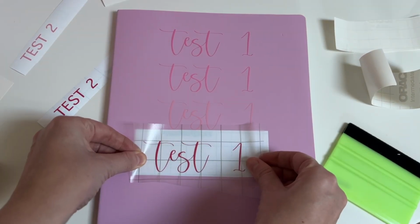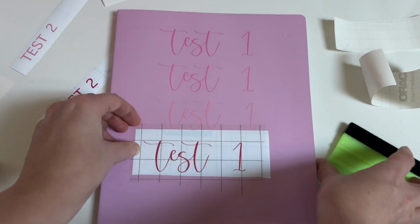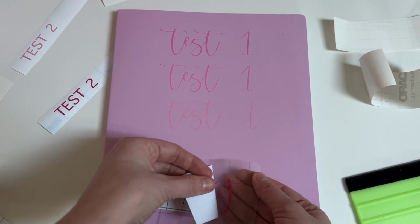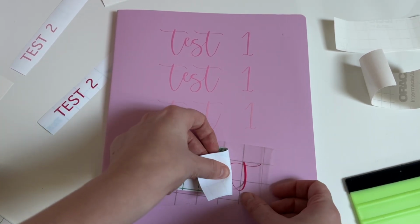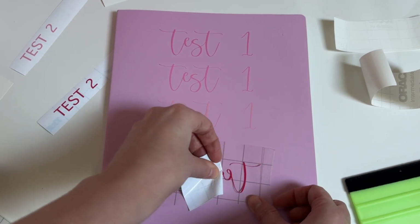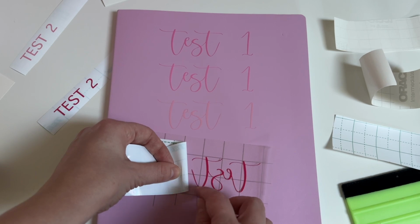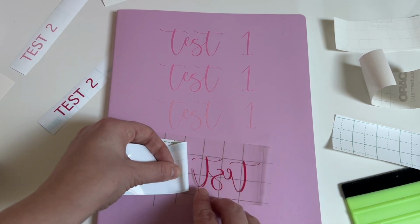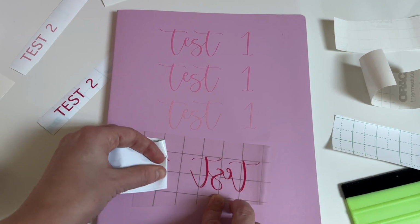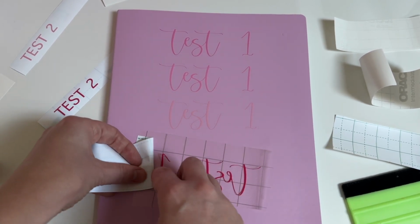Now onto Tech Wrap. I do like that you can see the backing grid through the front, so it's really easy to line up with my gridded tape. However, this one also didn't come off super quick, and again the backing isn't as flexible as the Oracle or Caesar, so it does just take some cajoling. I also had to re-stick some bits of it, which I would usually try and avoid at all costs because it's so sticky and can come off on your fingers. But again, you can get Tech Wrap transfer tape too, which may work better,